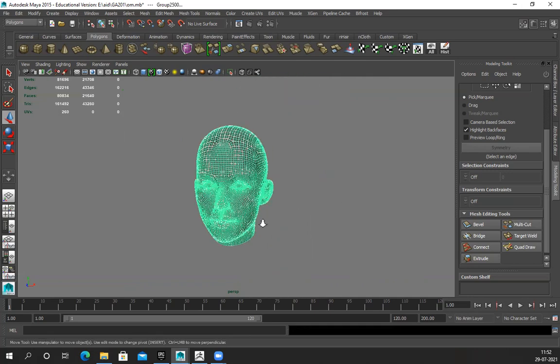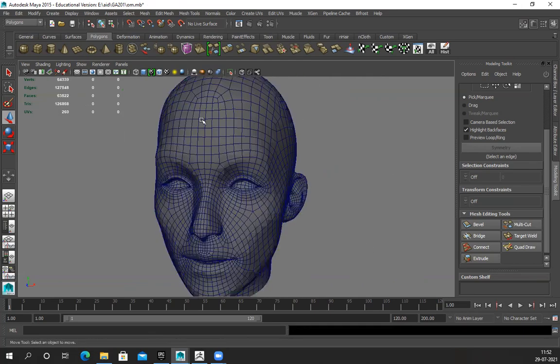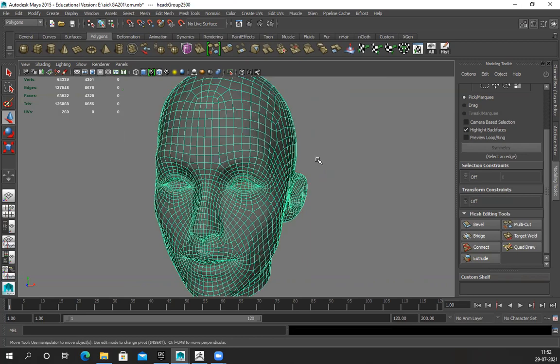Without this explode version, I'll simply import it back to Substance, and then except for the normal map, I rebake everything. So the normal is already baked from the exploded version, because the UV is exactly the same, right? UV is not changing.